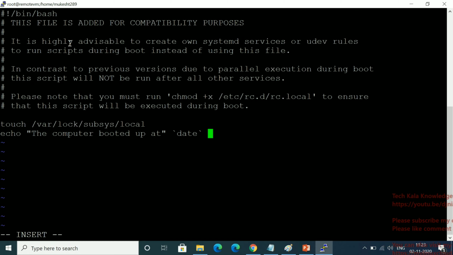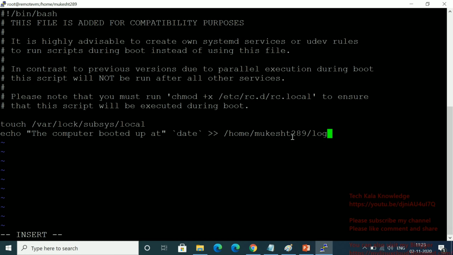Now I'm going to store this output inside /home, my home directory, and you can choose any path as per your requirement. Then the log file. So this is the print message, this is the date, and this is the path where I'm going to store my output. I've given the path /home/ Mukesh T, this is my ID,